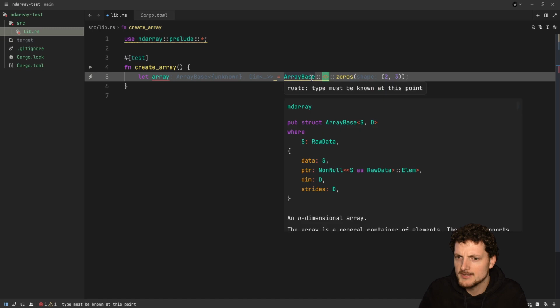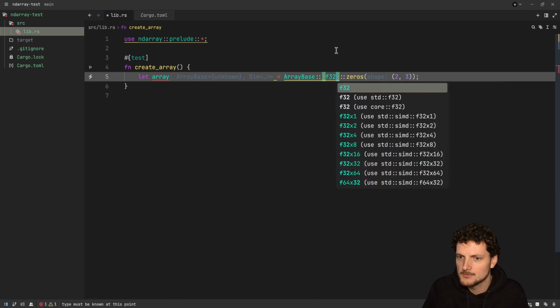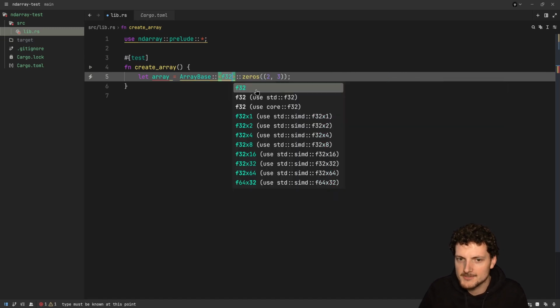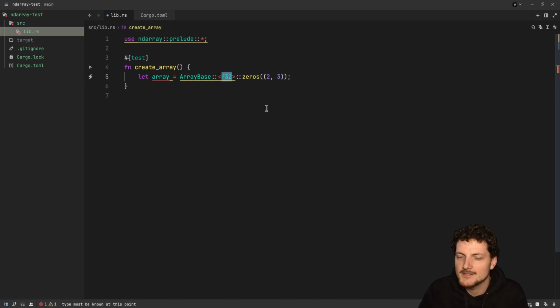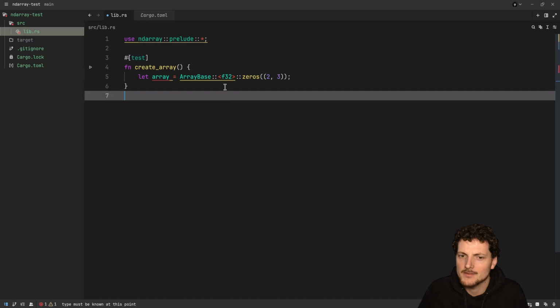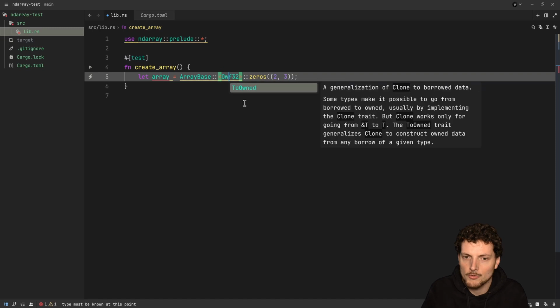The first one we need is the S, the raw data one. So, for example, we want F32. It would be nice to just specify it like this, but it doesn't work like with a vector. We still need to wrap our actual type in the type of container we basically want to use around it. So, in the easiest case, we can just use owned